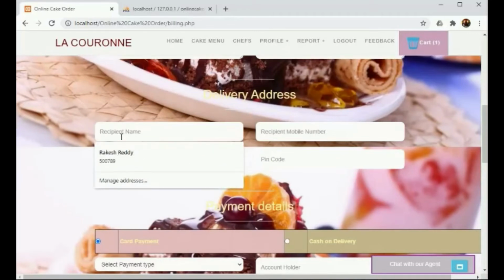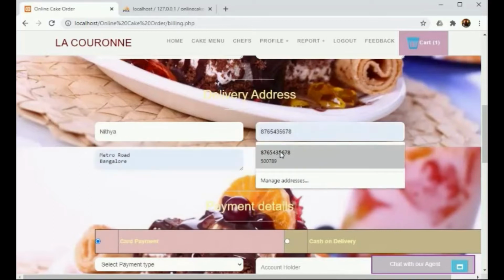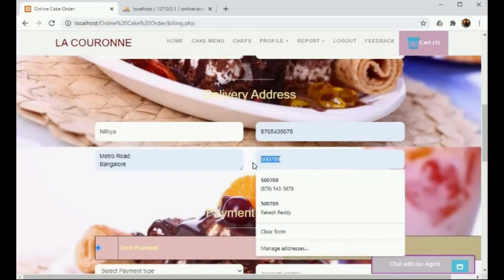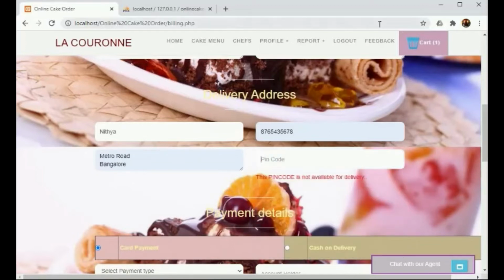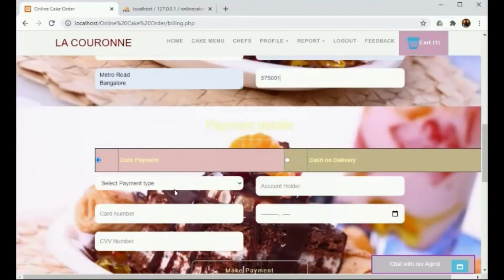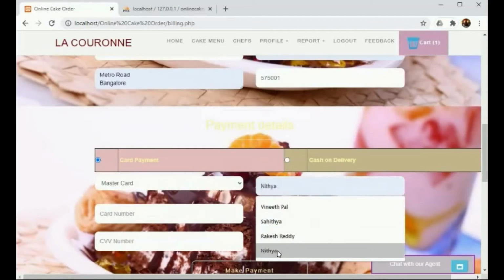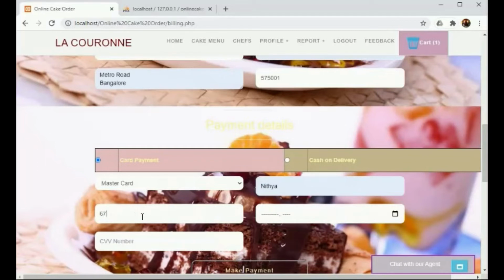And the delivery address also must be mentioned with the recipient name, recipient mobile number, and the address, that is where the cake must be delivered, and the pin code. Here the pin code should be the available delivery address, that is where the cake can be delivered.